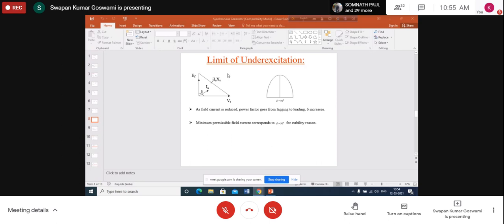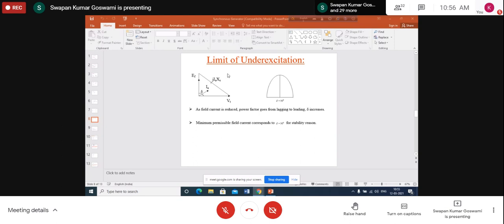You can supply more reactive power, you can supply less reactive power. Similarly, you can consume reactive power sometimes, and how much you want to consume is also controllable. So there are times when the synchronous generator is delivering reactive power to the power system, but at other times it is consuming reactive power from the system because it becomes necessary for the operation of the power system. My question to you is, when does a generator have to be overexcited and when underexcited?